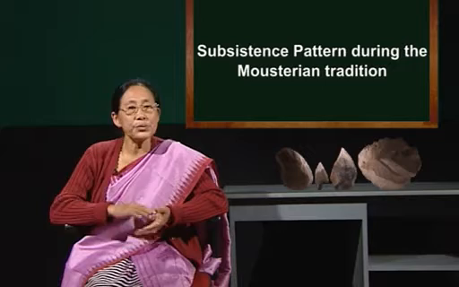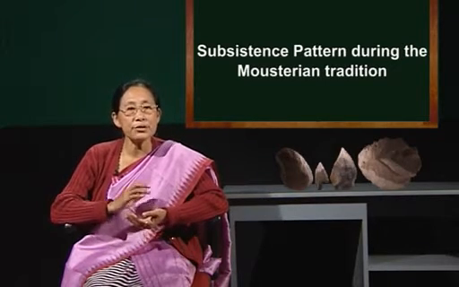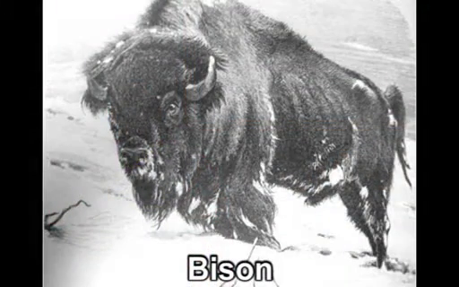Now let us discuss the subsistence pattern during the Mousterian tradition. Little is known of Mousterian plant food use, owing primarily to a lack of preservation. The large mammals whose bones occur regularly on Mousterian sites include cold and temperate species such as bison,